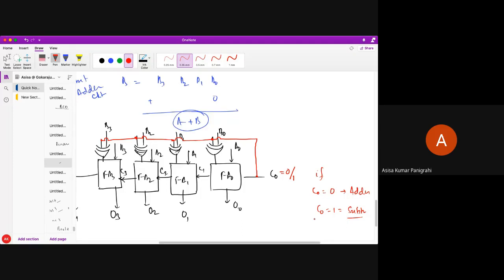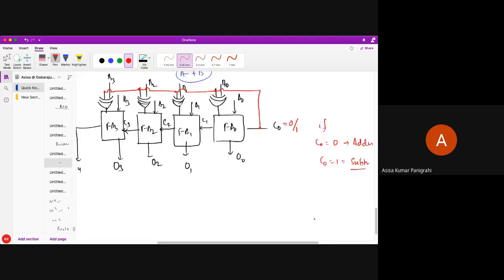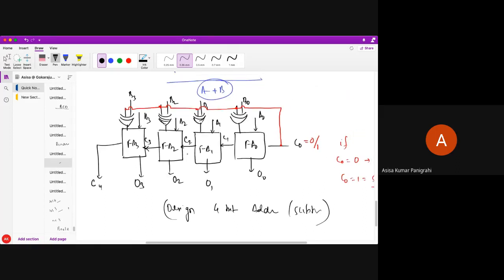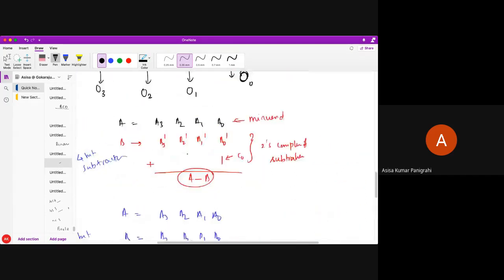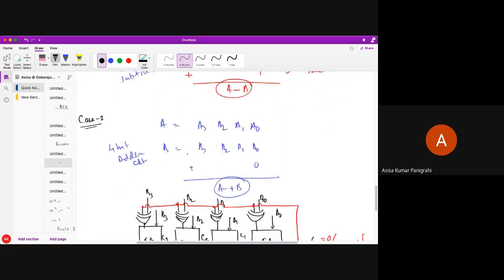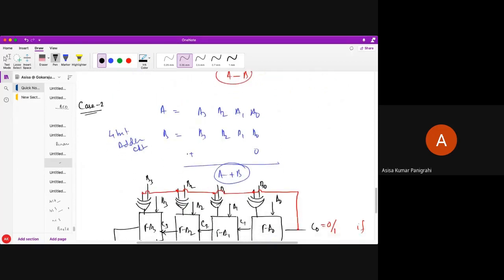Now, another important question I'm going to tell you. Let's say the question has been asked. Do you all understand this is a circuit which gives us a 4-bit adder subtractor circuit? It may come in the exam. You need to explain this is the way. If you have doubt, please unmute and ask me, students. If you have no doubt, this is the operation. How I have done, have you seen it? How case 1 has given me the adder operation, how case 2 has given me the subtraction operation.